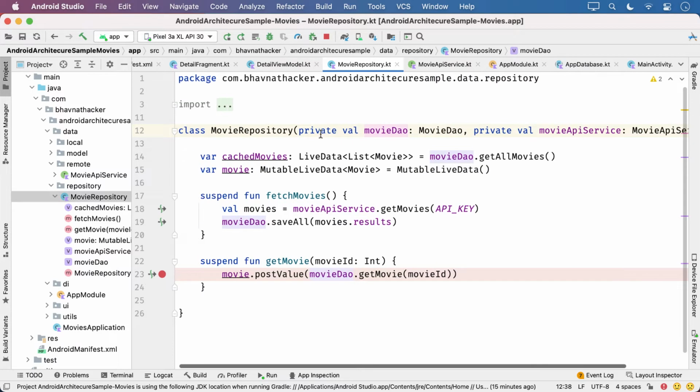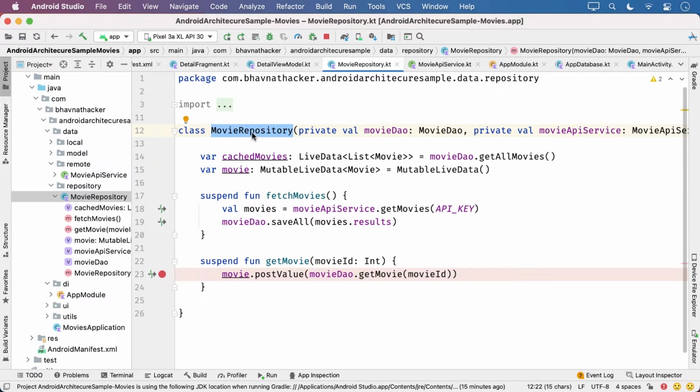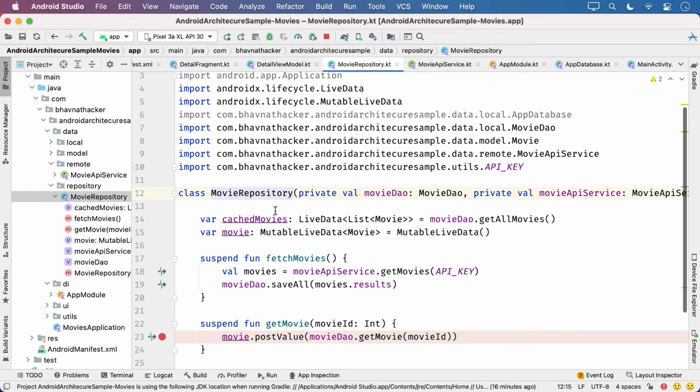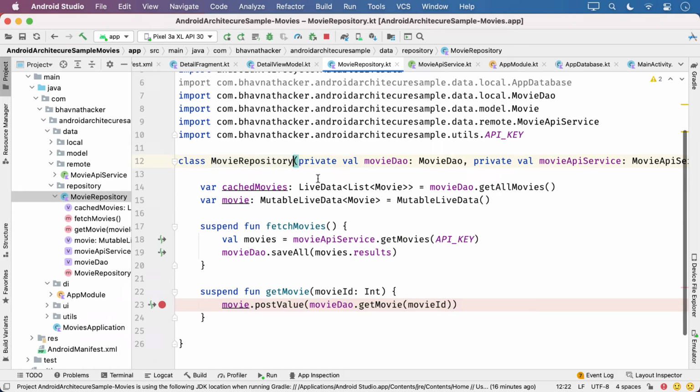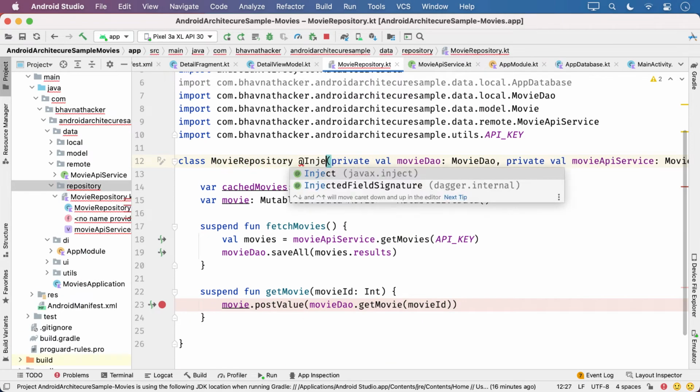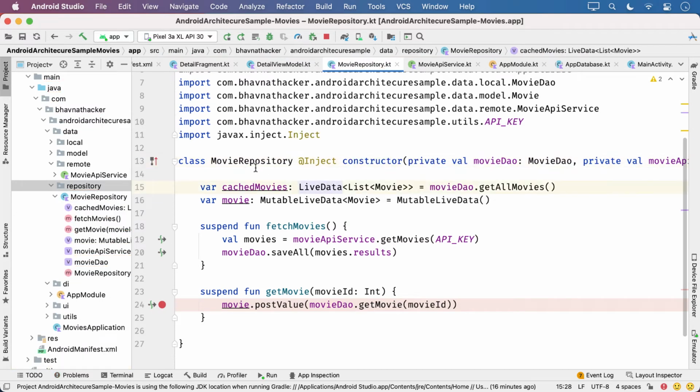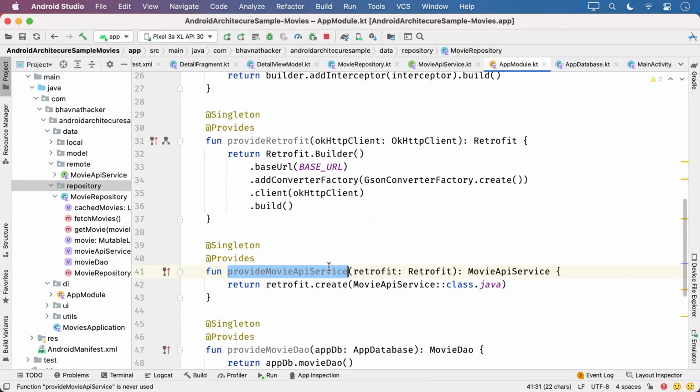If you are done for remote and local database, now I want to inject the repository instance also. Now how do you inject the repository instance? By using @inject and then constructor. And whenever somebody needs movie repository, they can get it from app module. So you say